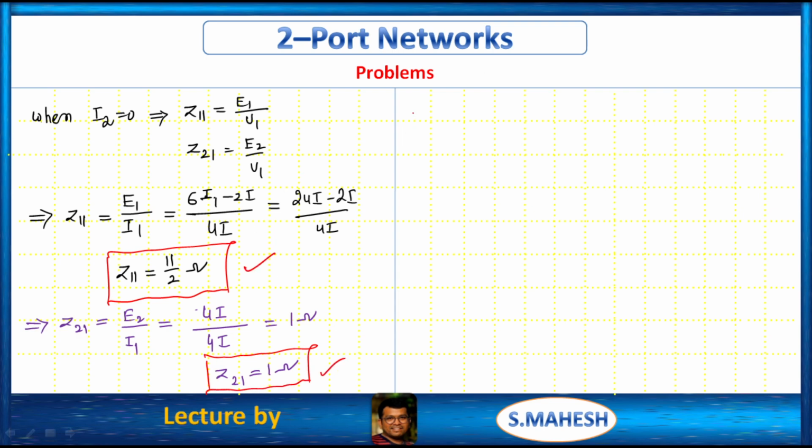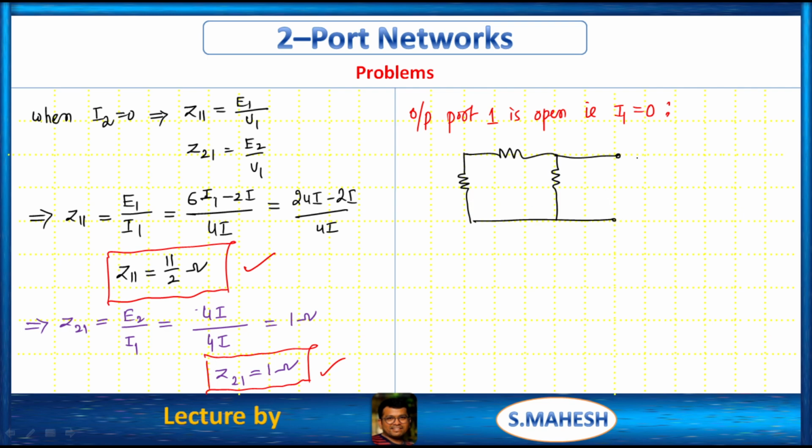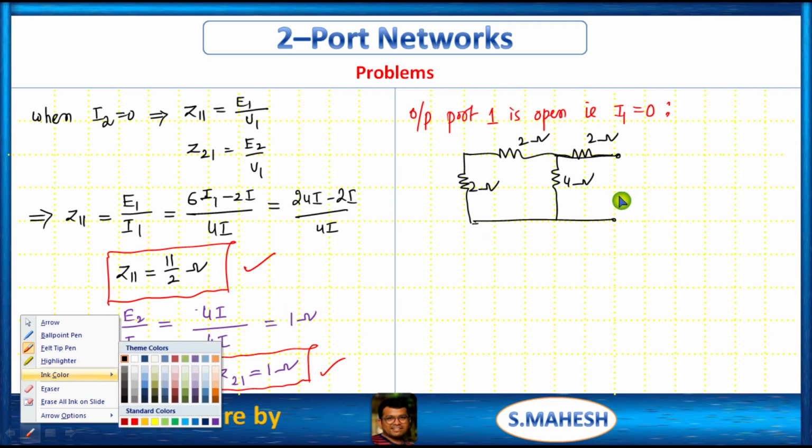Now output port 1 is open. That is, I1 should equal 0. At this condition, the circuit becomes, right? This is one branch, again one branch. Here, this is a 2 ohm branch. This is a 4 ohm branch. Sorry, here also we have one 2 ohm branch. Then the current through this branch, when I1 is 0,